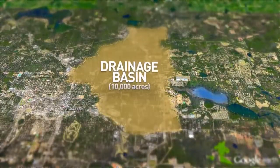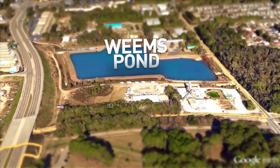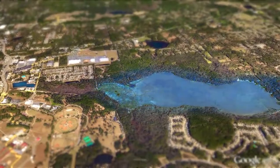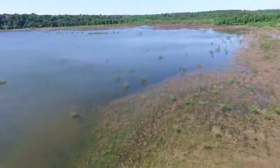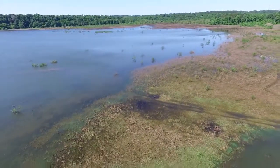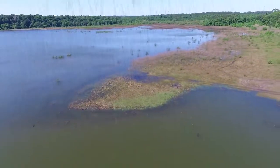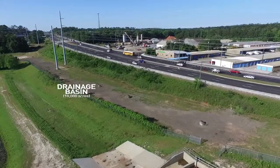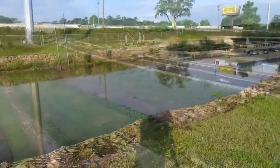Following large rainstorms, runoff from over 10,000 acres of our highly urbanized community ultimately drains through the Weems Stormwater Pond and then flows to Upper Lake Lafayette. This unique lake often goes dry naturally, becoming prairie-like, only to refill again with rainfall and stormwater from the contributing drainage basin. Much of the drainage basin was developed prior to today's stormwater treatment standards, so the runoff was not